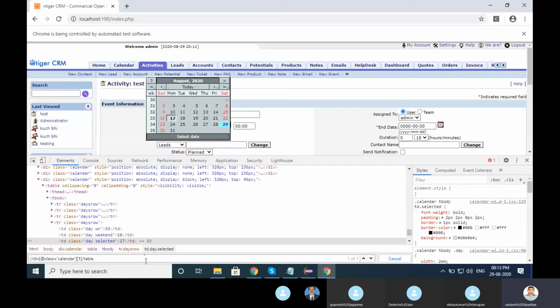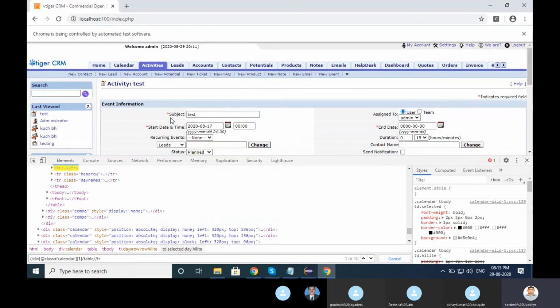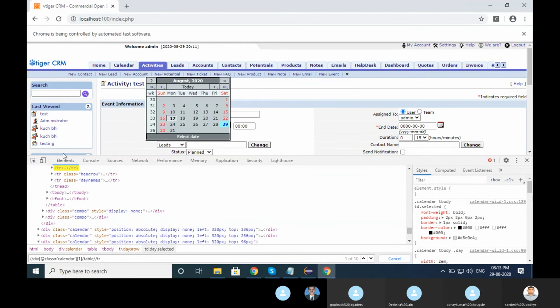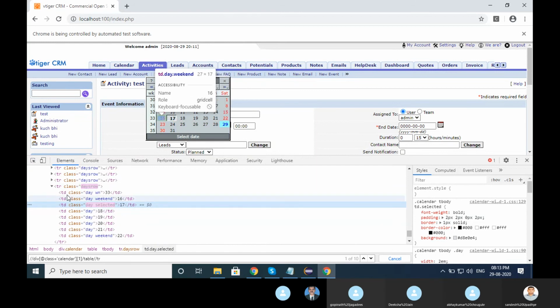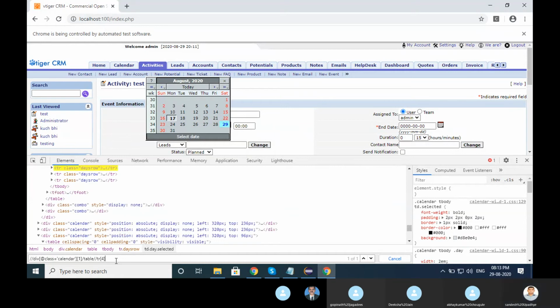If I want to directly go with tr, here is coming 1 2 3, where is that 17? I think that the class that you took is wrong. Calendar one. No, there are multiple ways to find out. Let's first find out the particular location, then I will tell you. Okay.